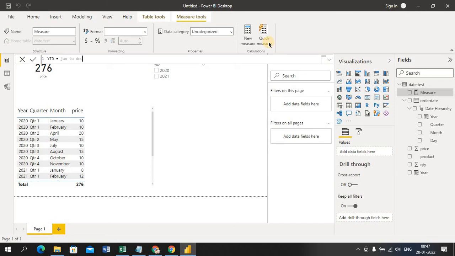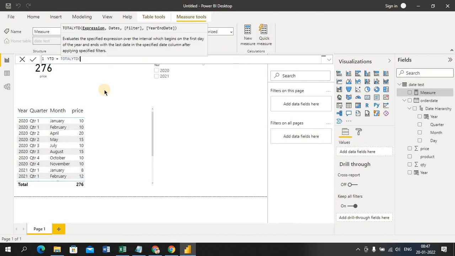For example, we are in December 2022, and from the beginning of this year, from January till date, the sales information it will try to give you, okay? So I'm giving you a condition. So YTD, so the expression is TOTALYTD. You can see here it's giving the prompt, like what expression you are looking for.